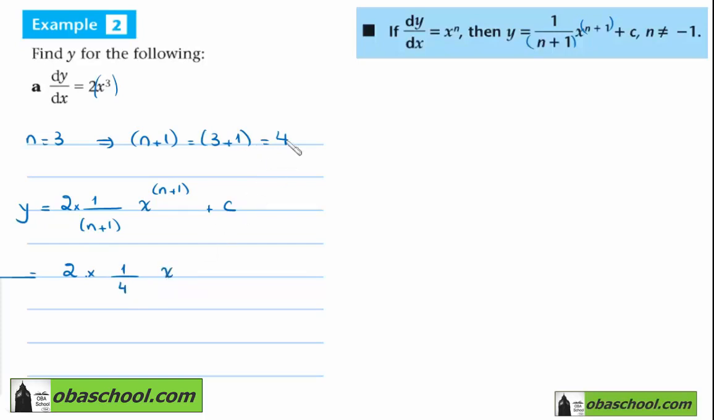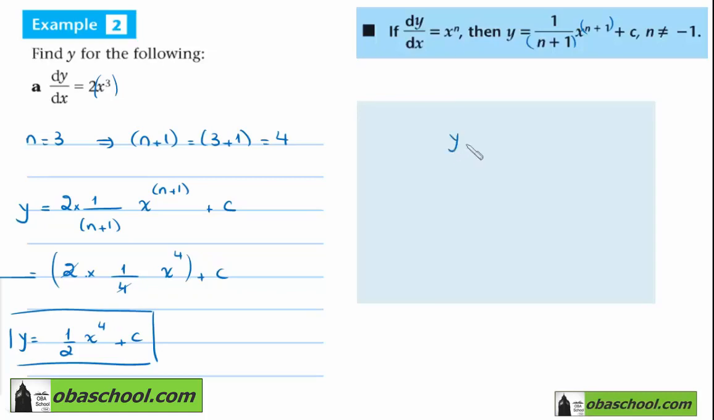We have 2, the constant, multiplied by 1 over n plus 1, that is 1 over 4, multiplied by x to the power 4 plus c. Now, 2 multiplied by 1 over 4 is 1 over 2, x to the power 4 plus c. This is y. Then, after integrating dy by dx, we found y equal to 1 over 2 x to the power 4 plus c. If we want to double check, now we can differentiate what we get in the result, 1 over 2 x power 4 plus c,